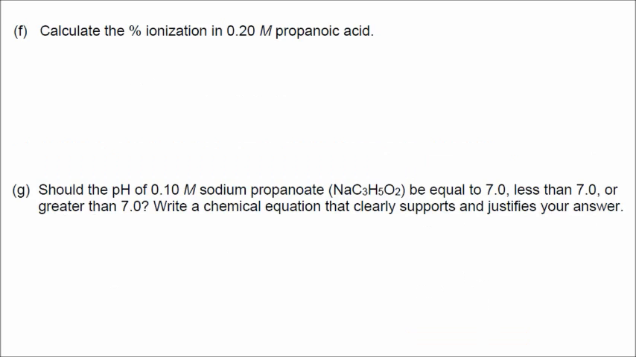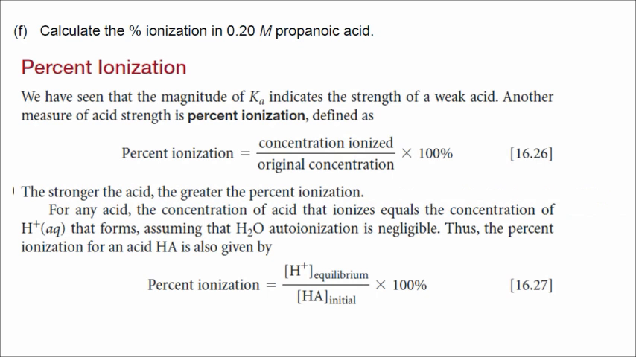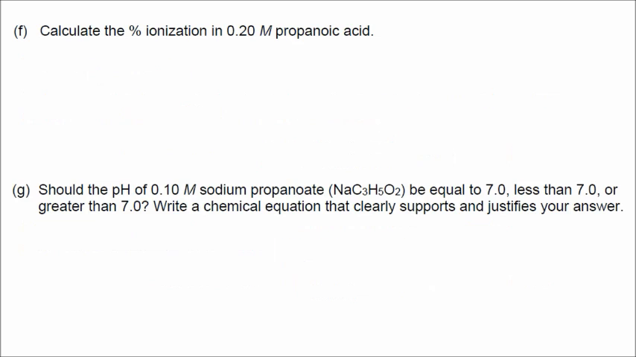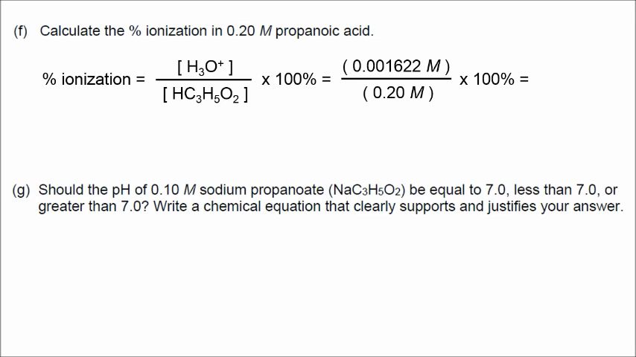For this next part, we're going to calculate the percent ionization. So the percent ionization is defined as the concentration of H plus divided by the original concentration of the acid. So we have 0.0016, and again a couple of extra digits here, the concentration of H3O plus, or hydronium, divided by the original concentration of the acid, and we get